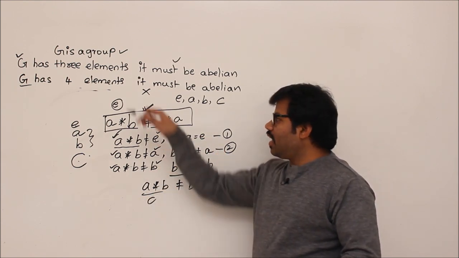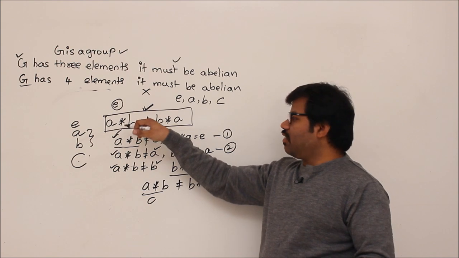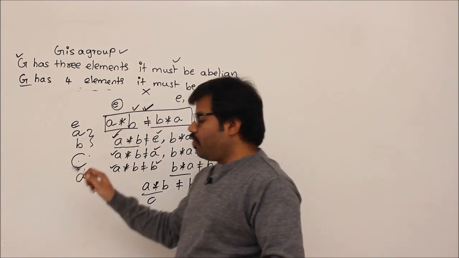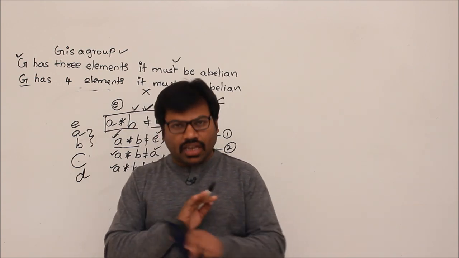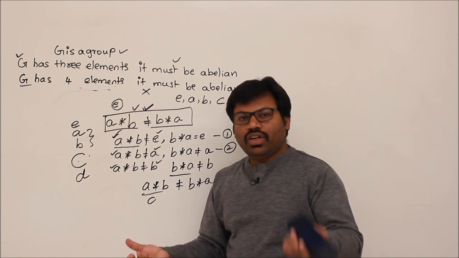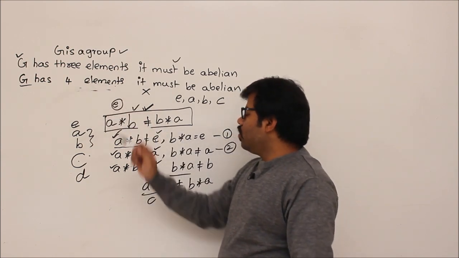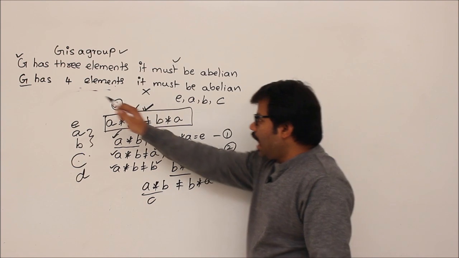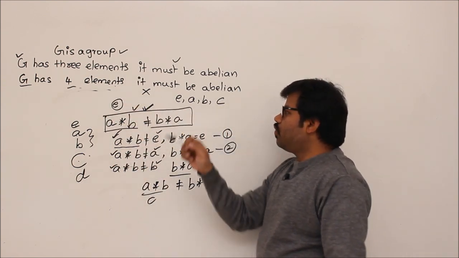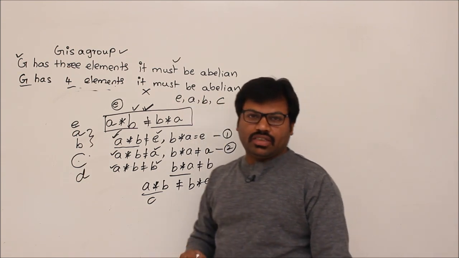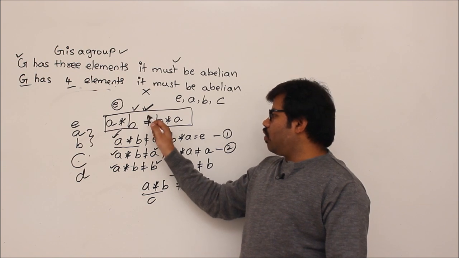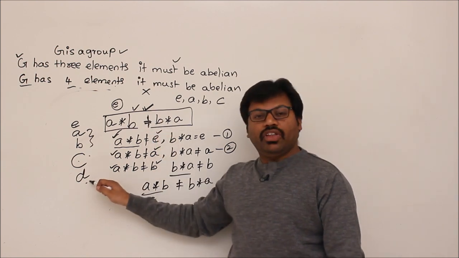And if you take C, then again this condition will become false. To make this condition true, we should have another element. Finally, that's why we cannot have 4 elements. But we have only 4 elements, that is given. Don't contradict that. So definitely if we have 4 elements, it never happens. That means whenever G has 4 elements, it must be abelian, because whenever you assume A star B not equal to B star A, you end up with 5 elements.